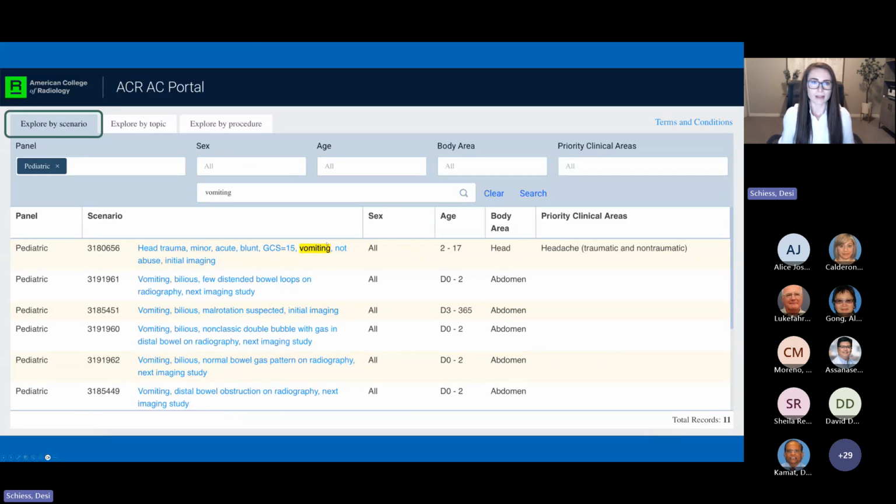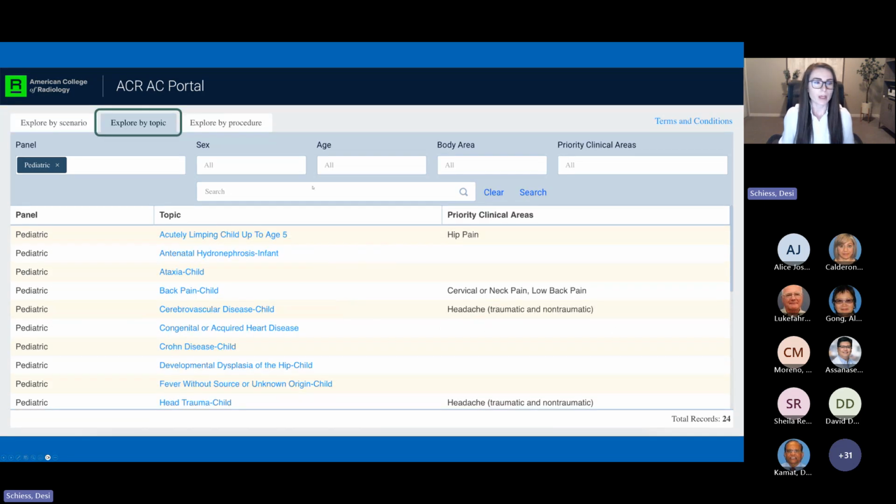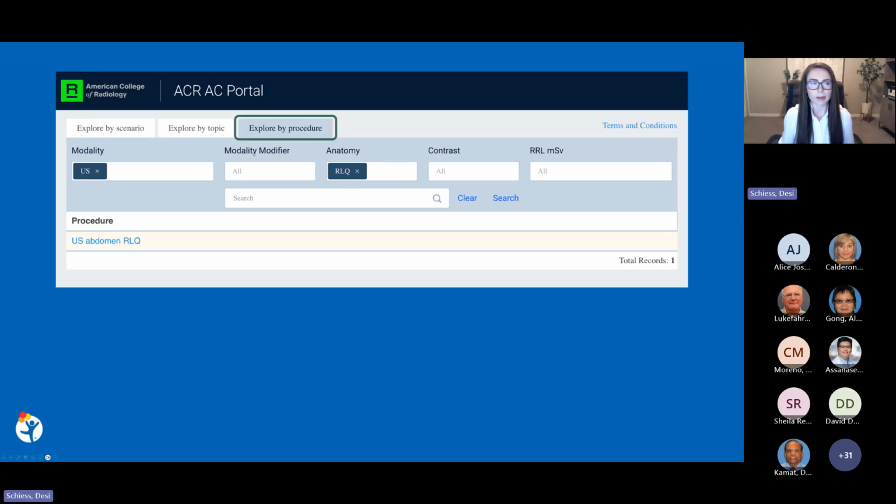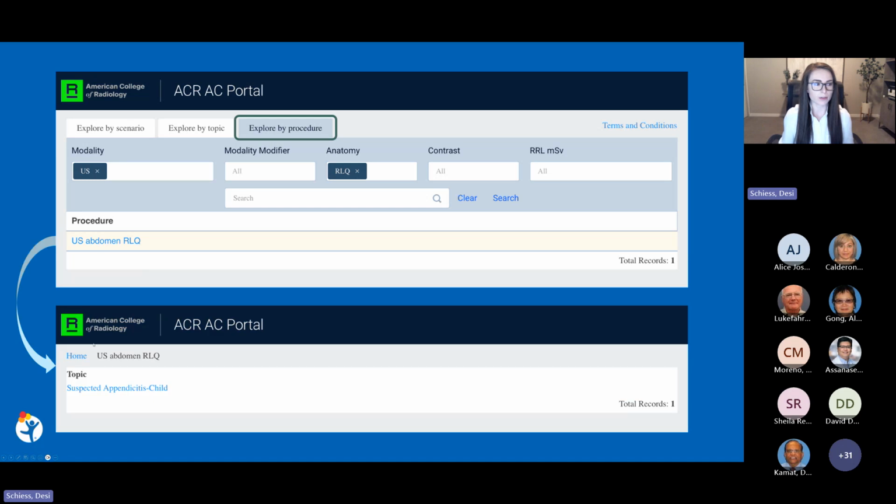Now I'll show you how to navigate the appropriateness criteria. Notice the 3 tabs across the top. The first way to navigate is by scenario. Here I've entered pediatric and a search term of vomiting, which displays 10 results of clinical scenarios that involve vomiting. Next, you can explore by topic. Again, I've entered pediatric, and you can see that there are 24 topics that you can browse through. You can also explore by procedure. Here I've entered ultrasound as the modality and right lower quadrant as the anatomy of interest. This narrows it down to a single exam type, and when you click on that, it shows a related topic